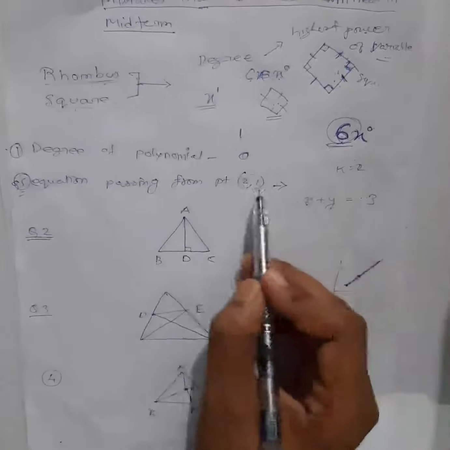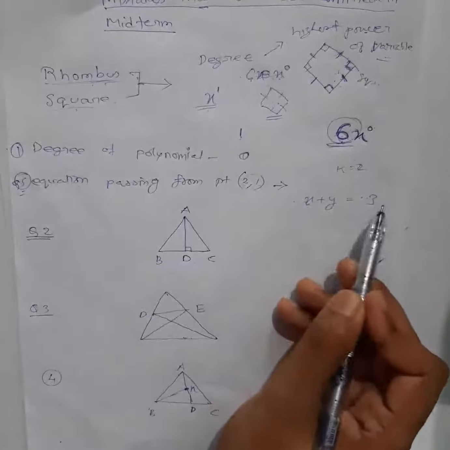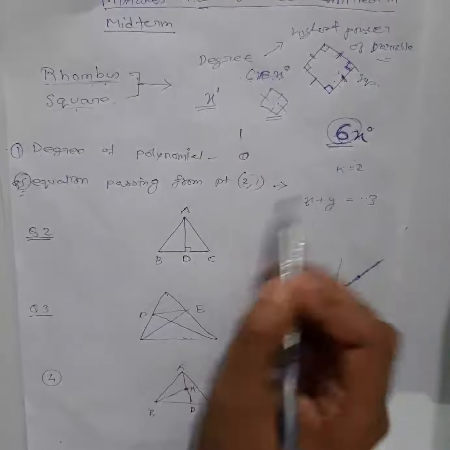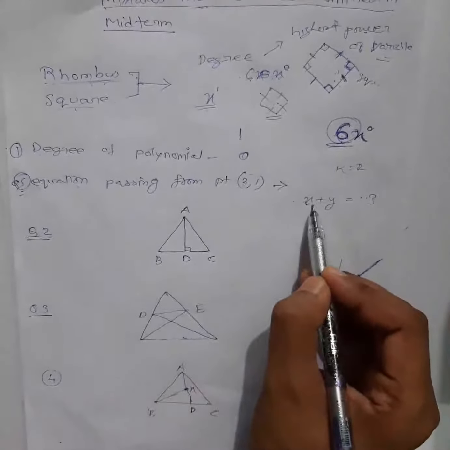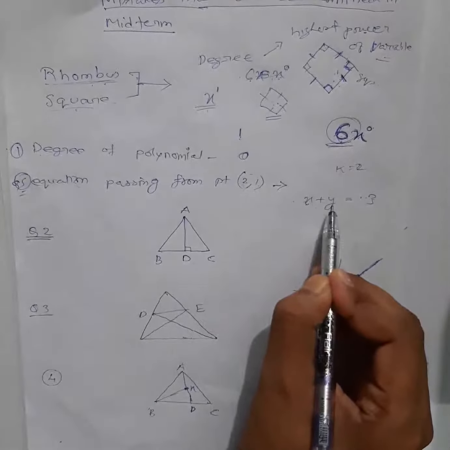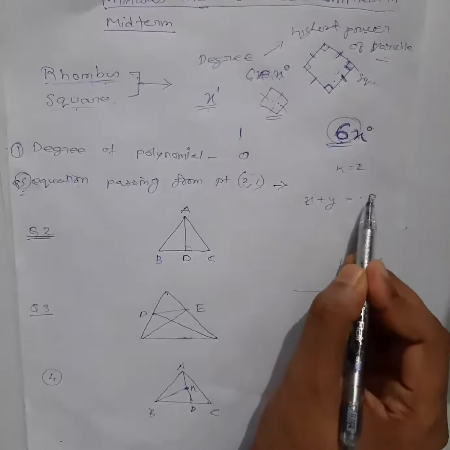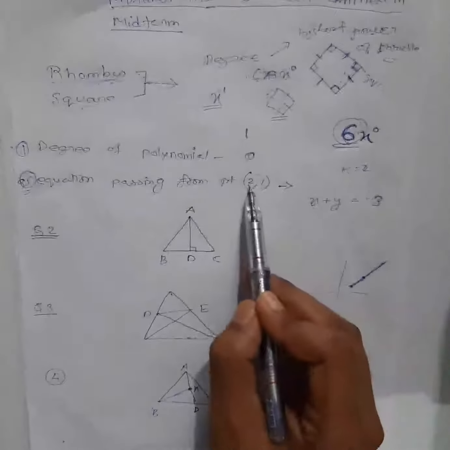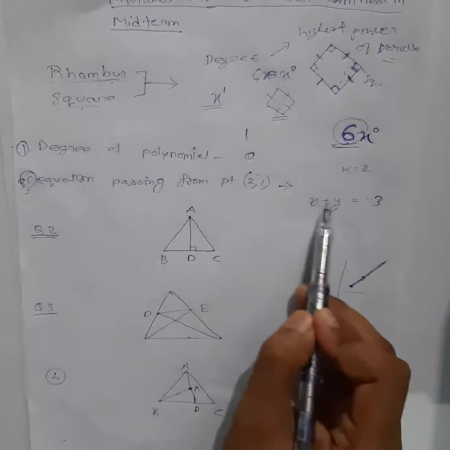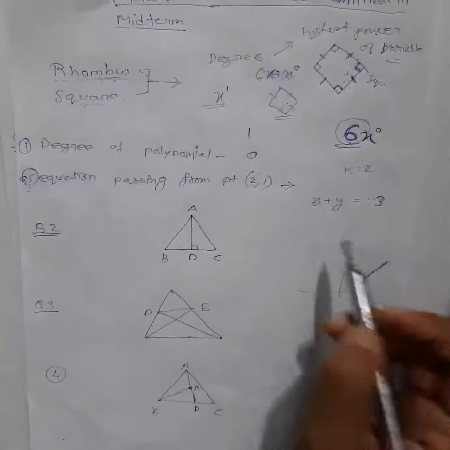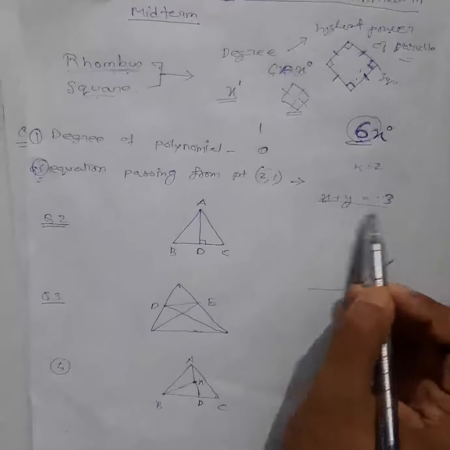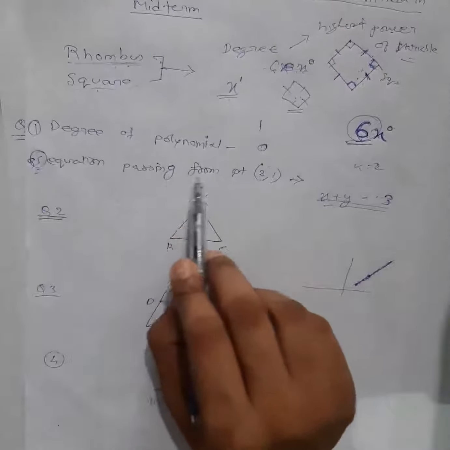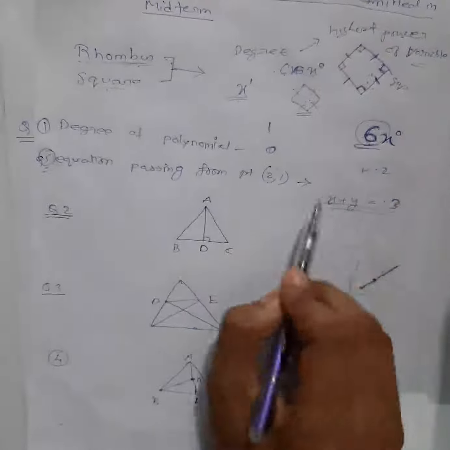The trick is, you have to write the equation in such a way that if I put 2 in place of x and 1 in place of y, it must satisfy the equation. So that's how I have written 2 plus 1, how much will it be? 3, right? So on the right side I have written 3, and here I have written x plus y. So when I have to check whether this point lies here or not, I will put 2 here, 1 here, and check whether it satisfies. Obviously it will satisfy because I made the equation like this. So this is an equation in which (2, 1) will lie. Okay, the equation passing through the point (2, 1) will be this one.